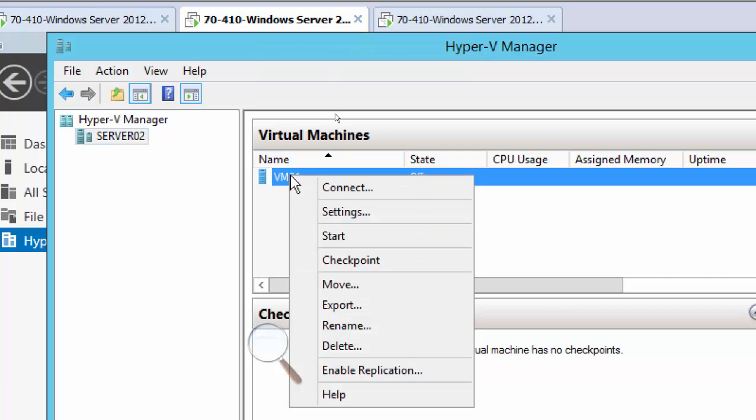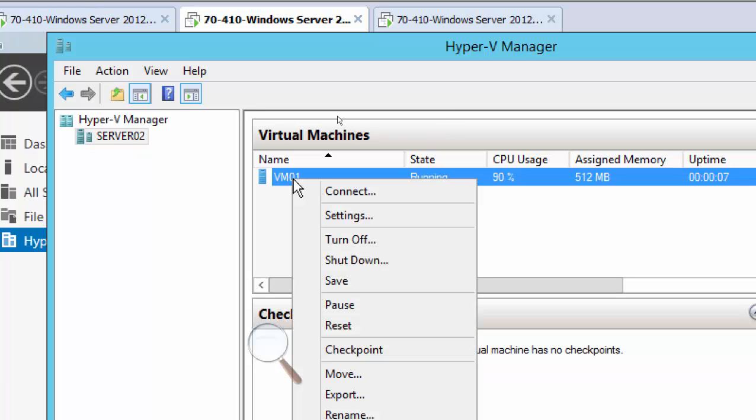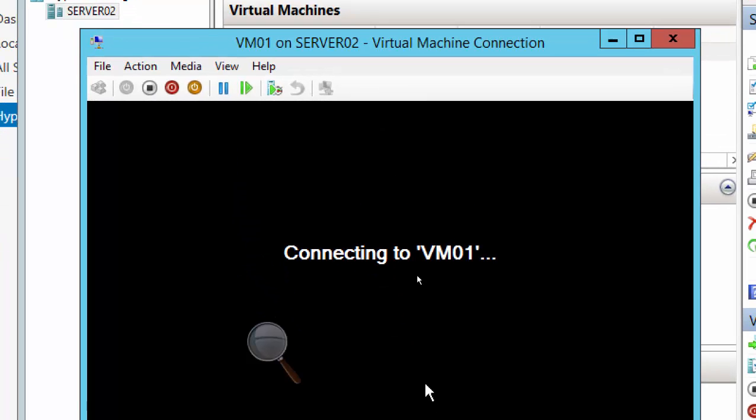So right click this VM01 like this. Do you see this start here? Let's just start it. So CPU usage, it's showing 0%, now 3%. Assigned memory is 512, 88% CPU usage. So it's just starting. If you want to click connect here, then it's gonna just show us the window here